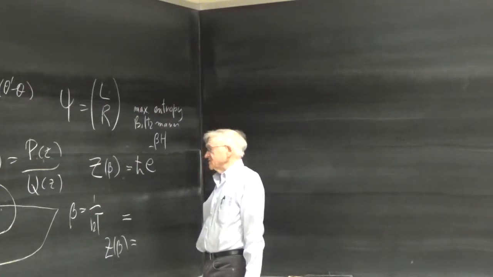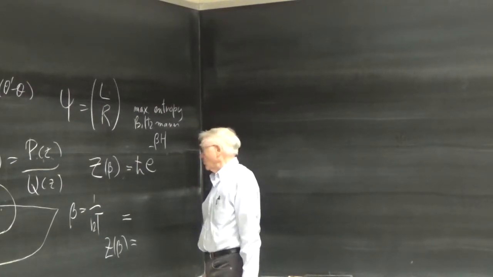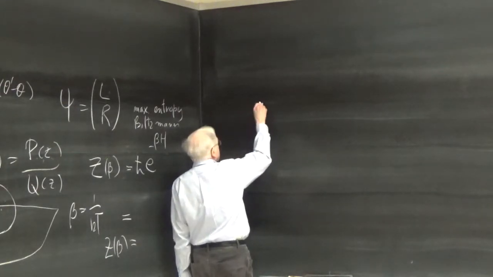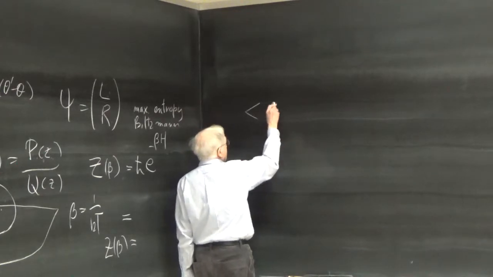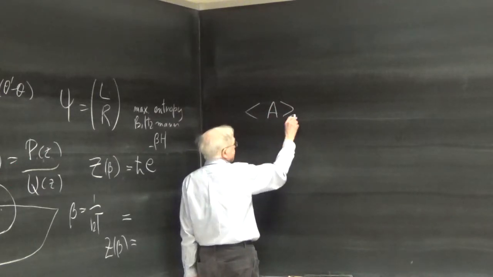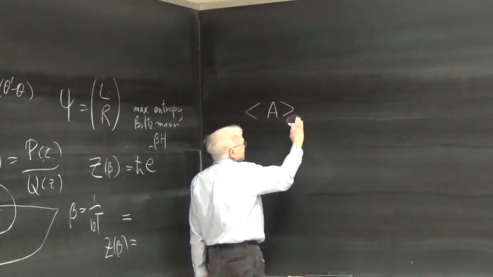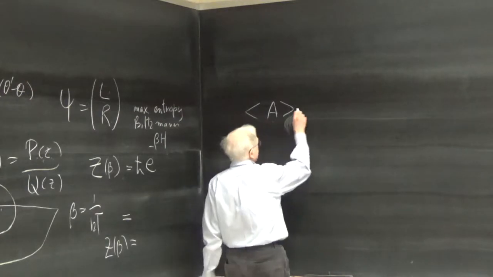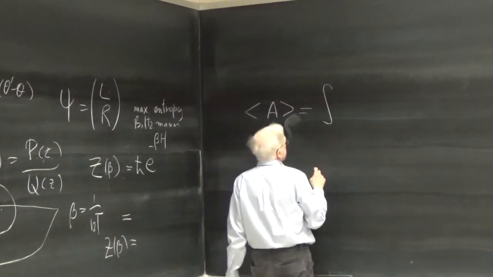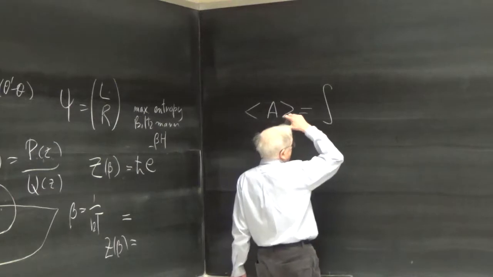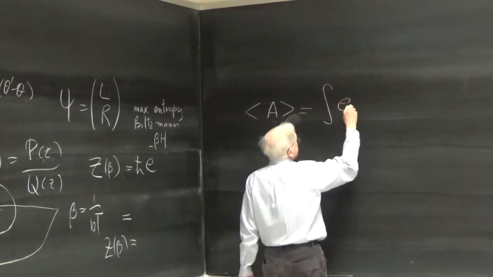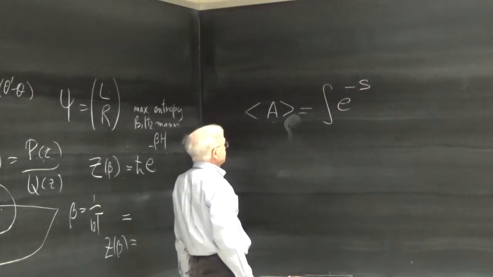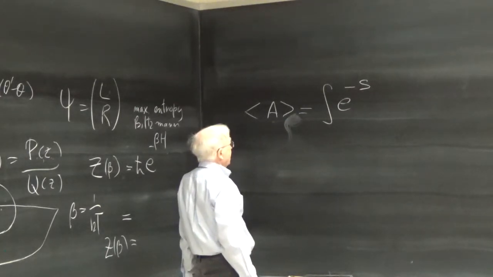Well, actually, it isn't simply z of beta, if you are more general. Let me say what is more general. Namely, the mean value of some operator A at some temperature. I guess we don't have temperature if we don't have the maximum entropy situation. So let me just say what the mean value of that would be. This would be an integral of e to the minus the Euclidean action,